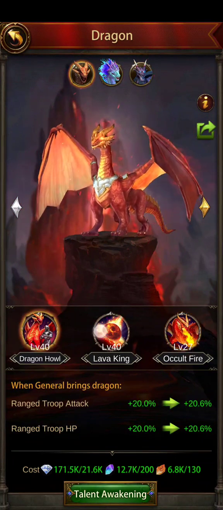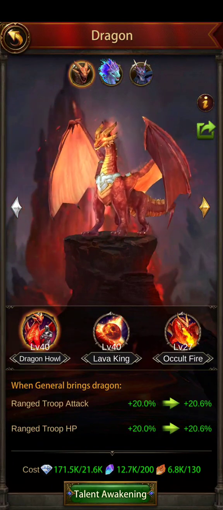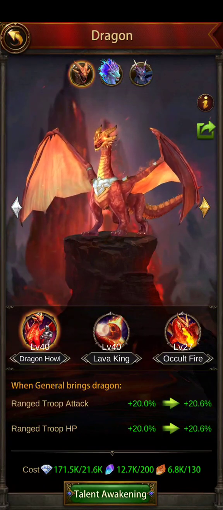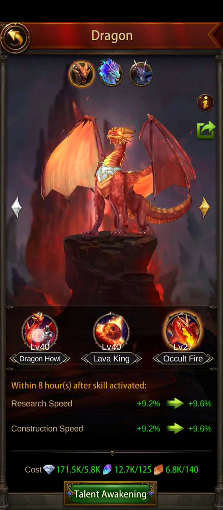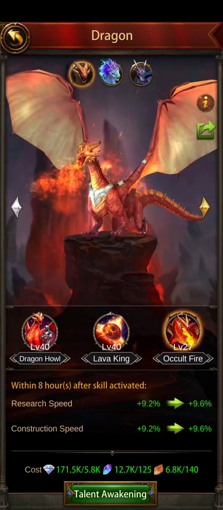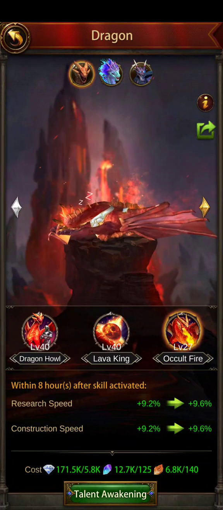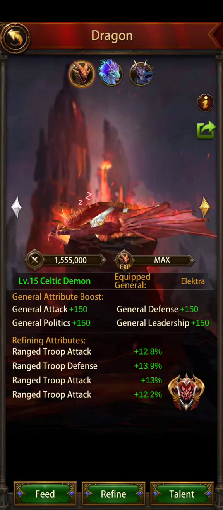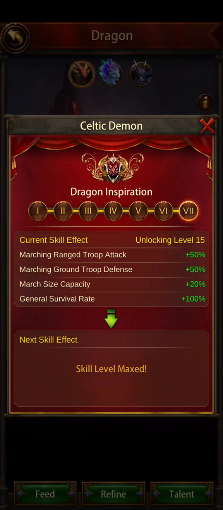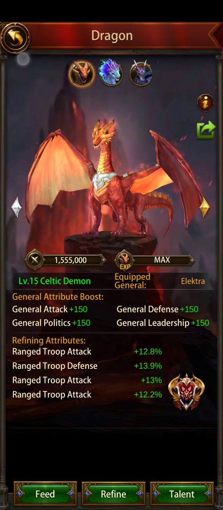If you look at the talents of the dragons, it makes it very clear that this dragon is going to go in one direction no matter what you do. This dragon Celtic Demon is purely meant for range. In the earlier version of Evony, when we didn't have the dragon talents, once people unlocked Ladin by going into the all stars, they would make Ladin their main range dragon and Celtic Demon their main ground dragon, because of the first buff of the dragon, which is marching ground troop defense, along with the 60% ground troop attack or defense buff they could get from refining. That would be a good buff,